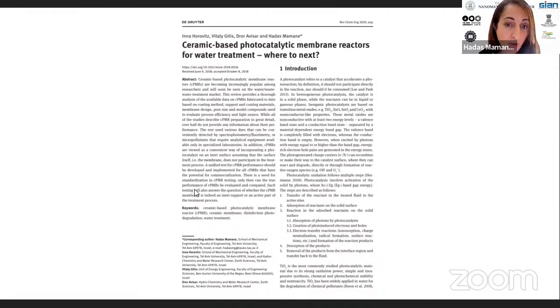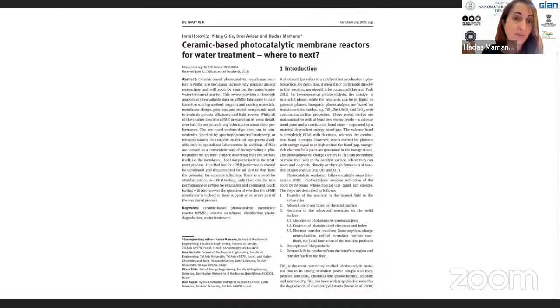Only then can we know the true performance and compare between different publications or results from the literature. In order to evaluate and compare such testing, it will also answer the question whether the CPMR membrane is indeed an inert support or an active part of the treatment process. So therefore, we really wanted to know what's happening, to subdivide the different publications